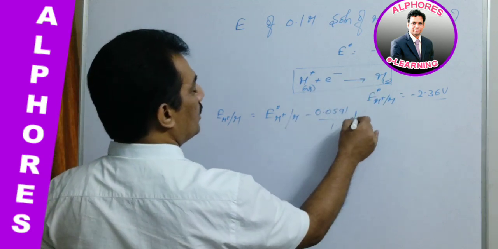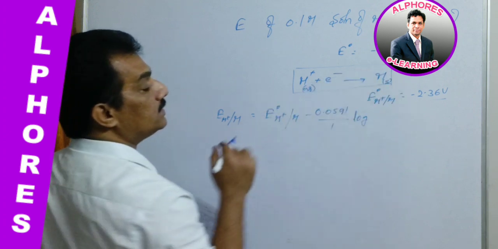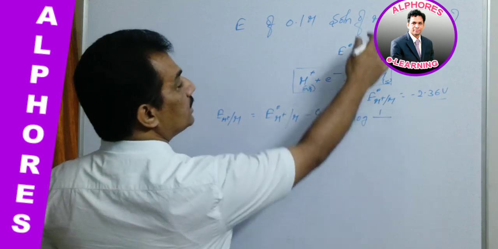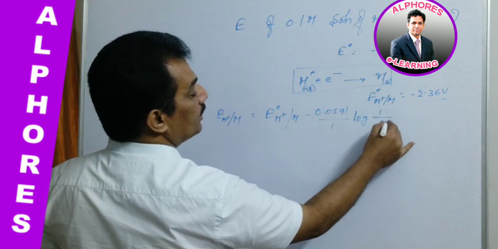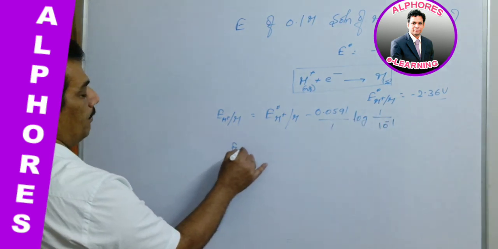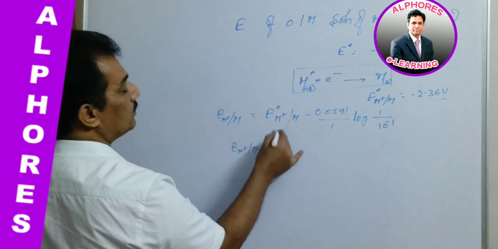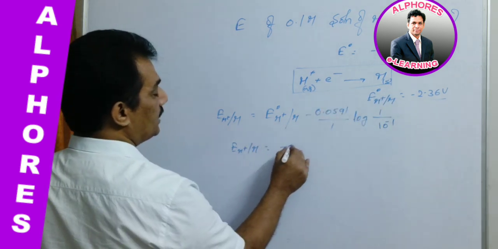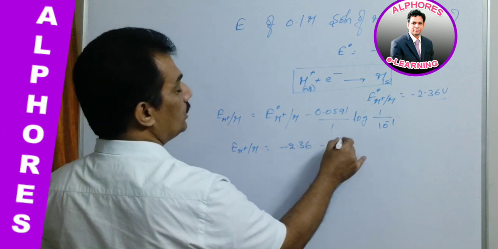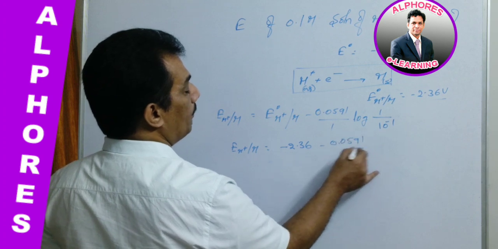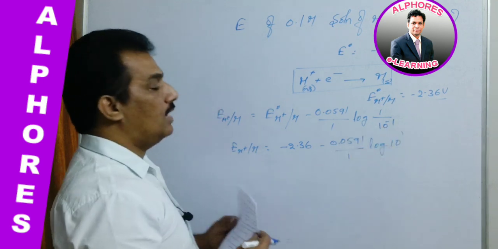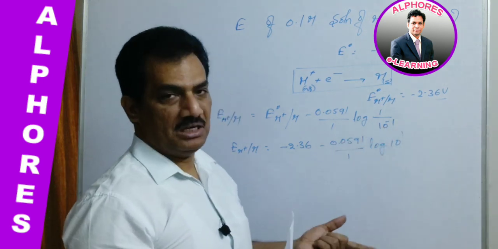So 1 log, here the product is solid metal, so it is 1 by its concentration, given as 0.1, that means 10 to the power of minus 1. Clear? And now it is E M plus to M is equal to, this value they provide, minus 2.36 minus 0.0591 by 1 log 10 to the power 1,